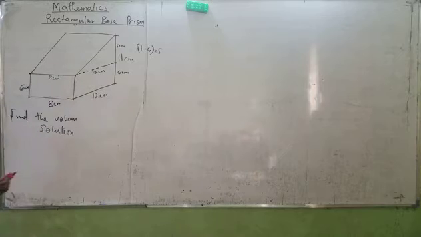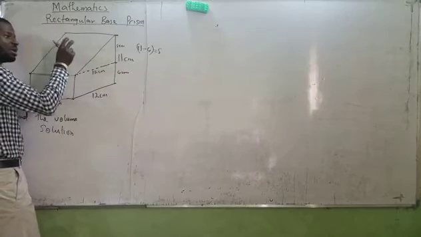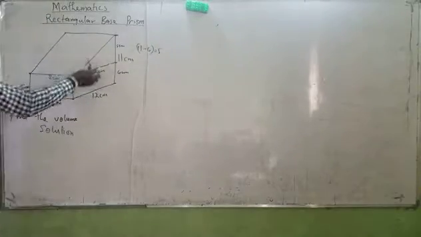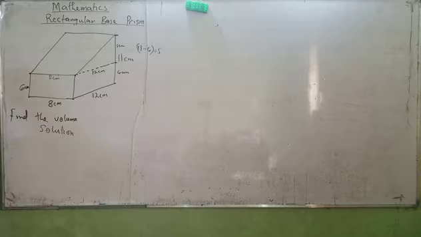I'm solving already. Now, for me to do this, this is a cuboid, and this is a triangular prism. Triangular prism and cuboid. Now, I will move on by having the volume